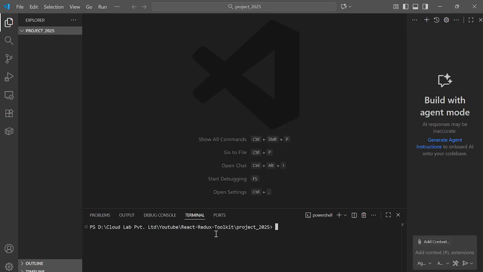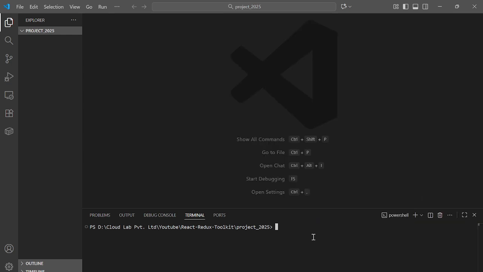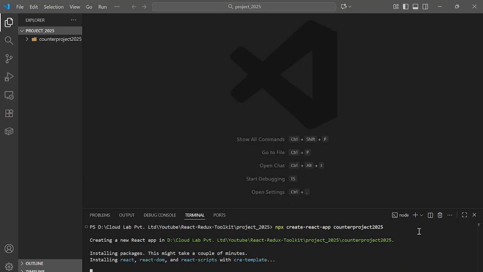In this terminal, I have a folder called project 2025. We have to install React first: npx create-react-app counter. What I'm telling it is to create a React application inside the counter project 2025 folder. So the installation keeps